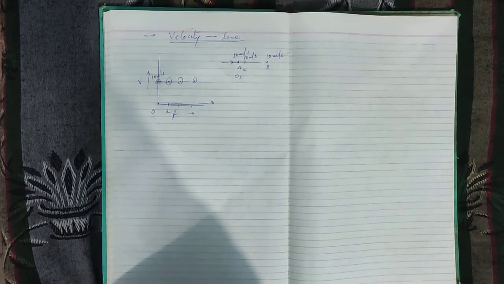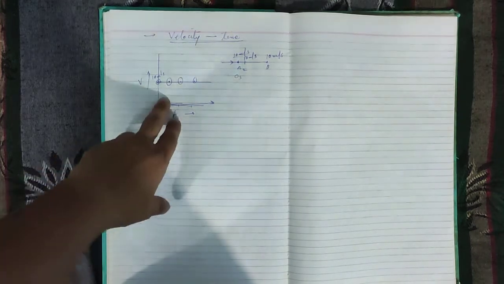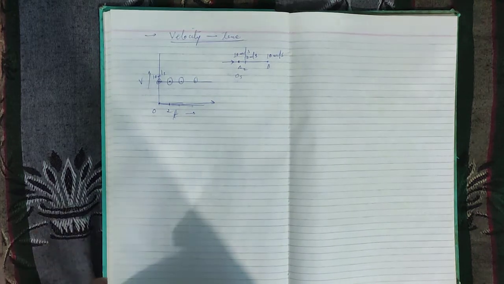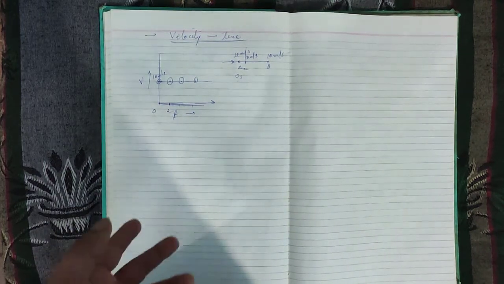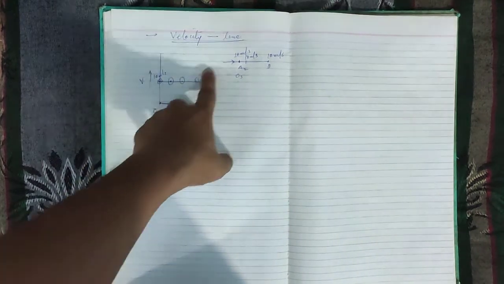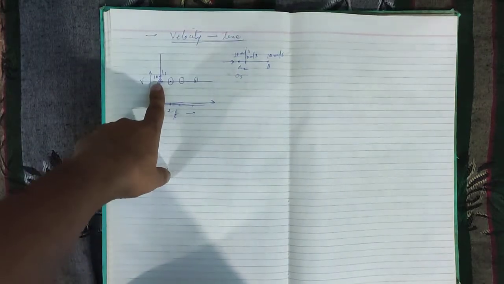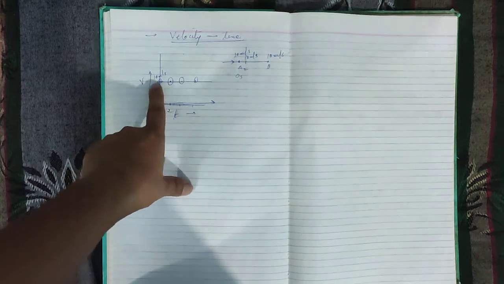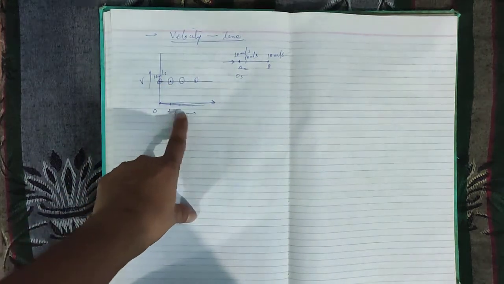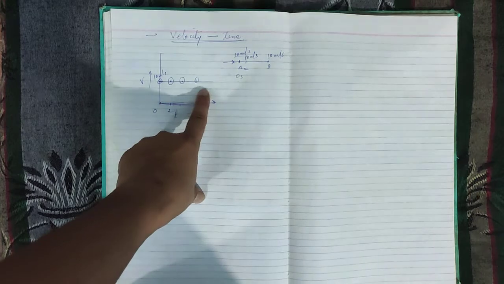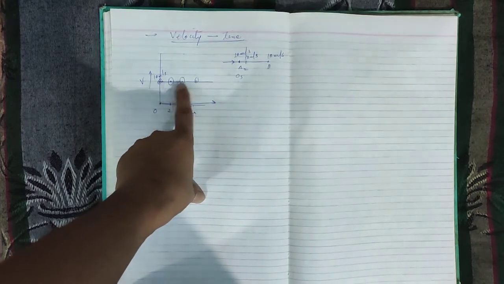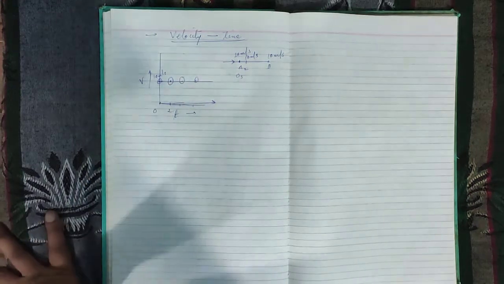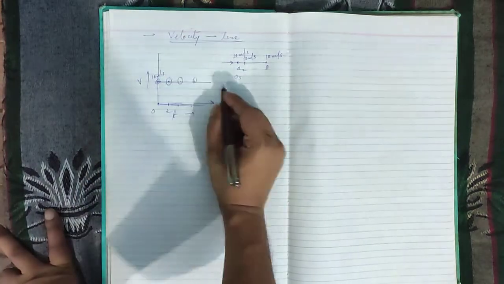Okay, in the previous case, if the object is in uniform motion, the graph was an inclined straight line like this, because that was distance, and distance increases uniformly. Now in this case, distance is increasing but velocity is not changing, it remains constant. That is why it is a straight line. Whatever time interval you take, the velocity always remains constant. So if the object is in uniform motion, the graph always remains a straight line.